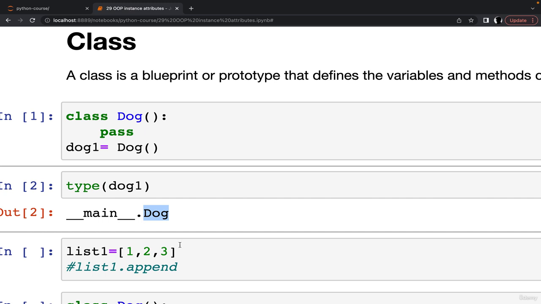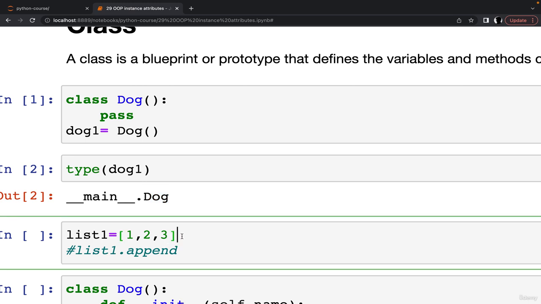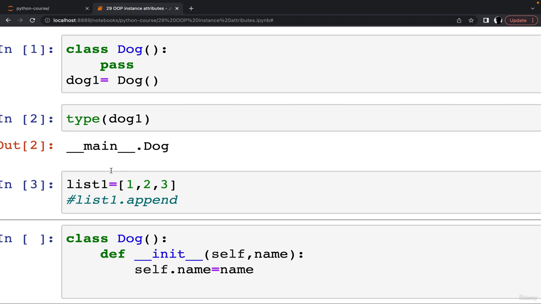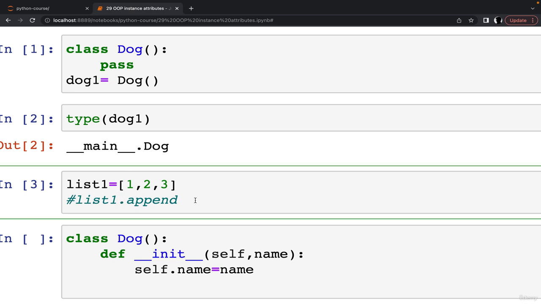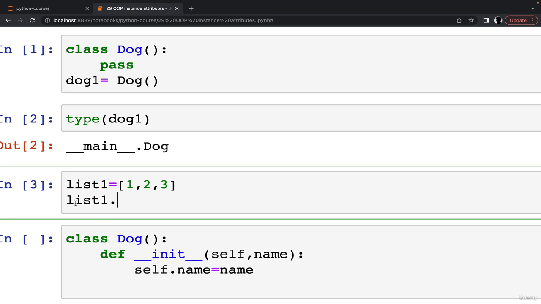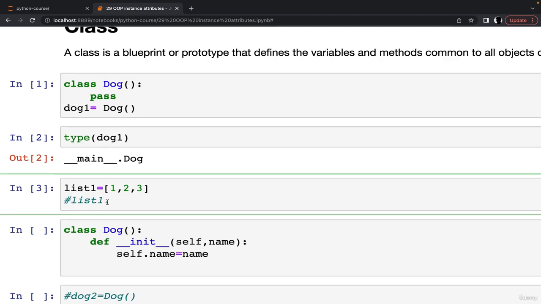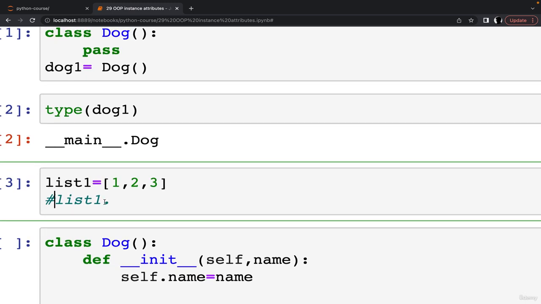And now actually we have also experienced how to use the list. If you remember, if you have list1, and when you are typing list1 dot and press tab, you can see we have many different methods. So after we create an object, we will also add different properties and methods, and we can also access the properties